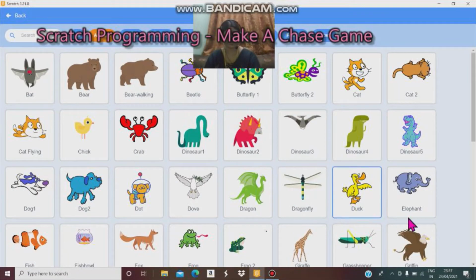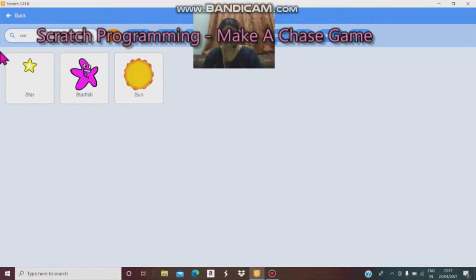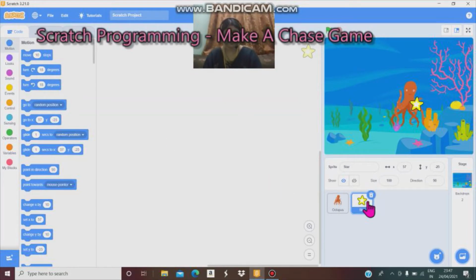Click animals. In search, when you type star, there are another 3 sprites. Select star. Okay viewers, here we choose 2 sprites. One is octopus and another one is star.